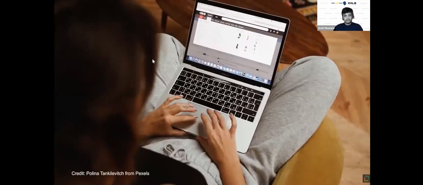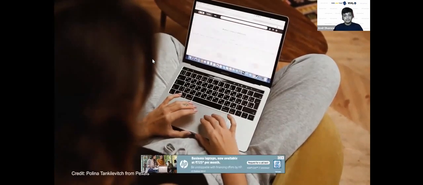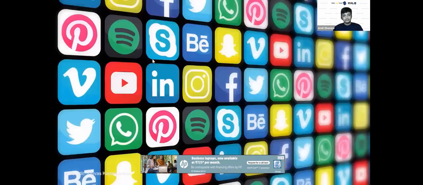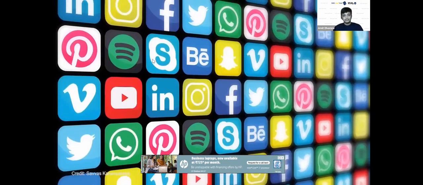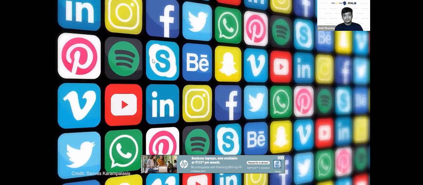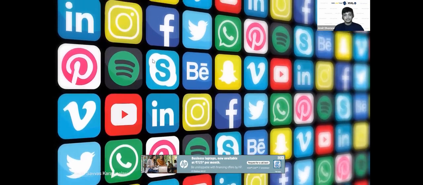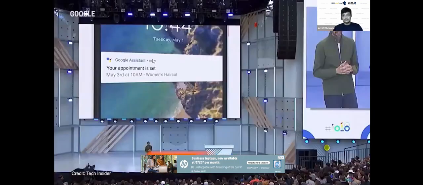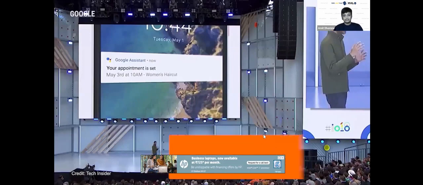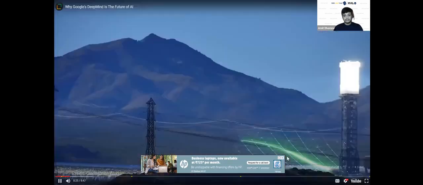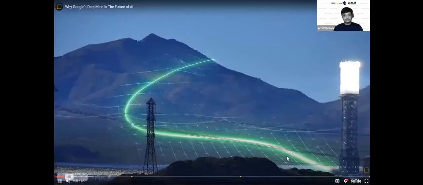It's like magic. You search for a product online and all of a sudden you see it on every platform that you have: Facebook, Instagram, TikTok, and even right here on YouTube. Well, it's not magic, it's actually artificial intelligence working. And Google is so far ahead in the research and development of the most advanced AI that it could very well be the future of what artificial intelligence will be built upon.